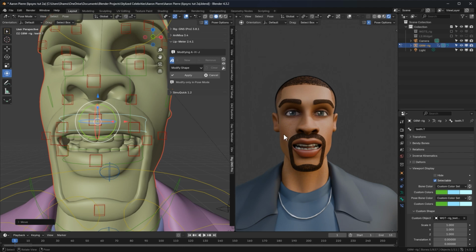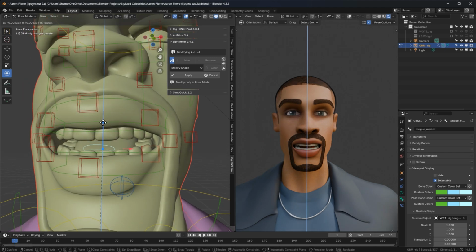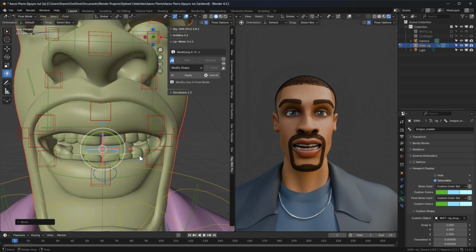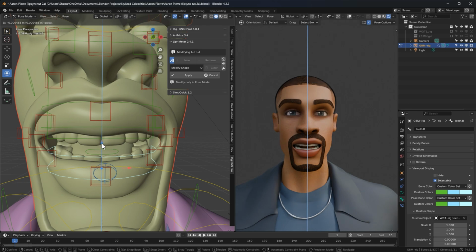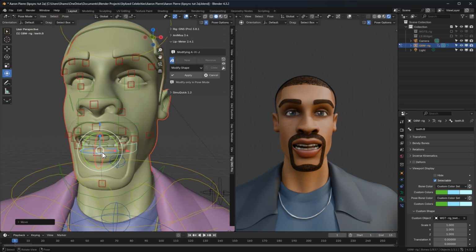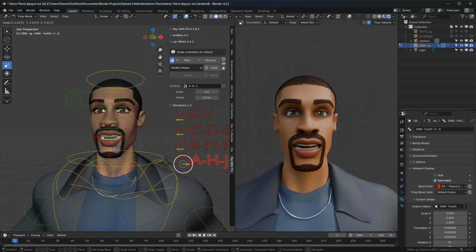Okay, the tongue appears to be floating, so let's make it rest inside the mouth. Let's see what that looks like. I should move the lower teeth down a little more to increase the gap between the upper and lower teeth. That looks better. Now I'll go ahead and apply the changes. And now AHJ is refined.